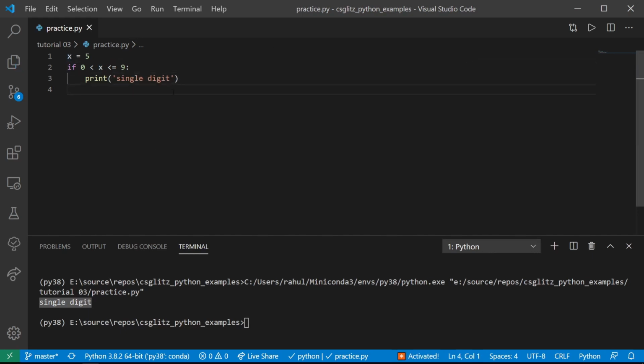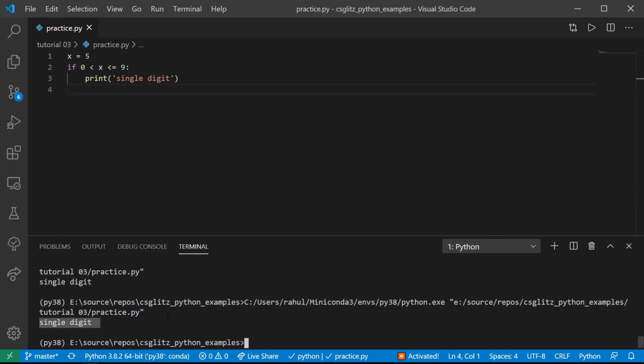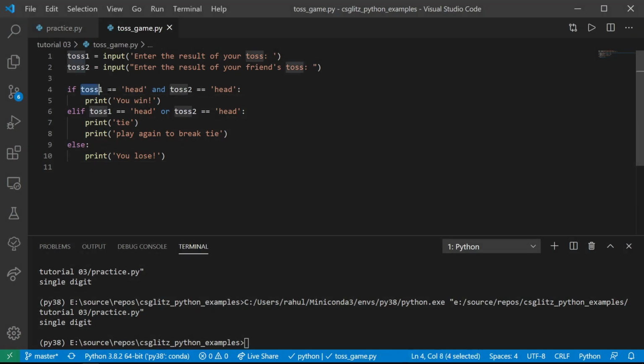It will use the AND operator to combine multiple comparisons, which yields the same result. We can use this in our coin toss game. Now, it is using the chaining on the equal to operator.